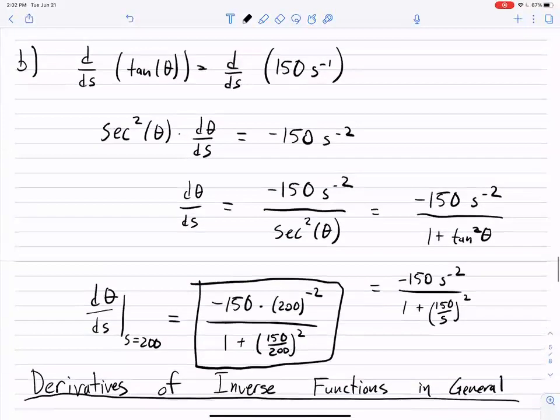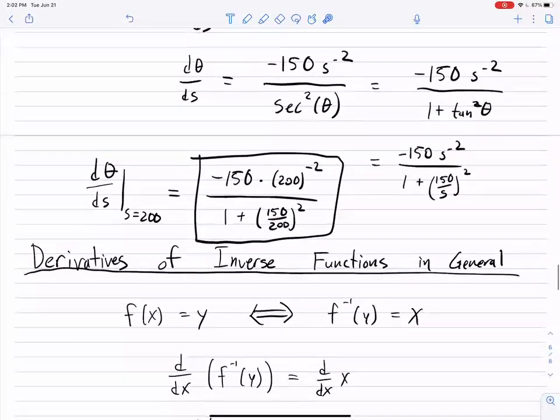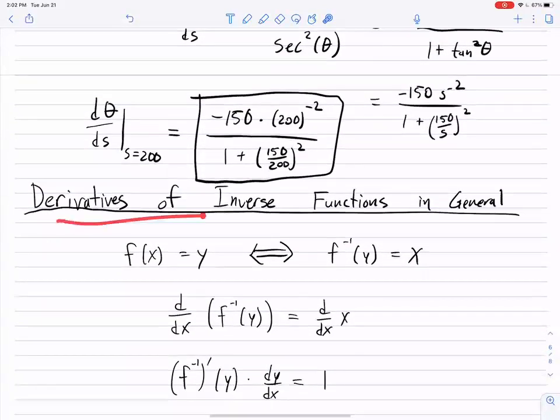And so that is how fast the angle is changing with respect to the shadow length. When the shadow length is 200, it's going to be decreasing pretty quickly. All right. The final thing we're going to do is talk about derivatives of inverse functions in